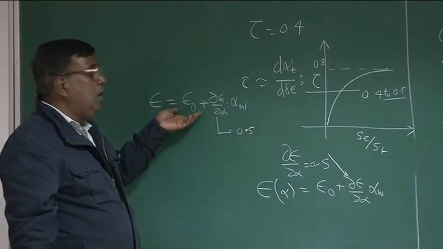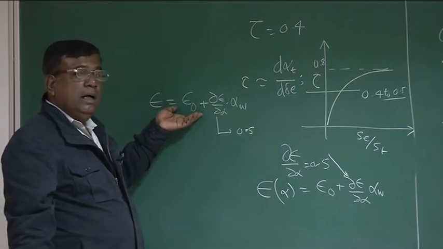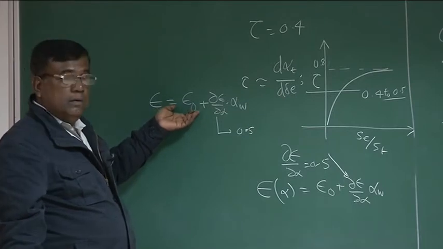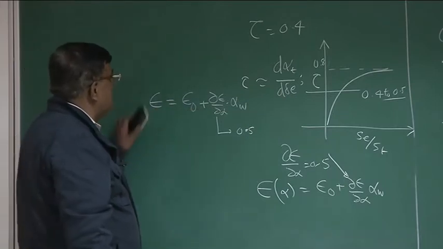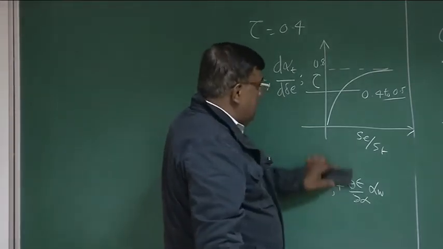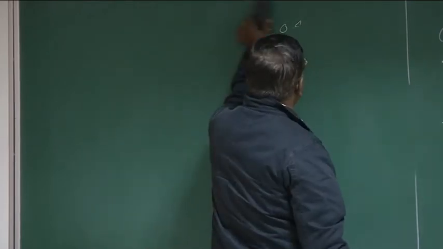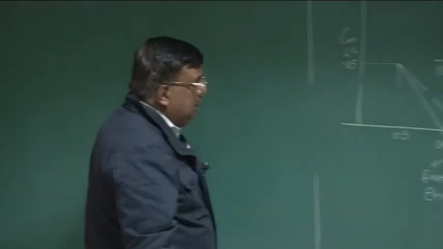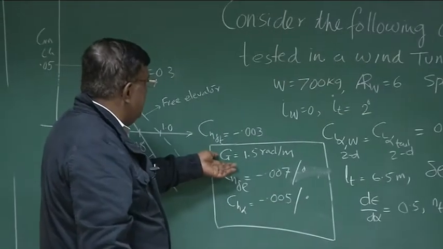You know about epsilon naught. If it is a cambered aerofoil wing, the epsilon naught will be non-zero. For symmetric, it will be 0. Right? These things we understand. We also would like to know what the other information given is, so that we get a correct feel of the problem. Now, if I come here, you could see here the G.